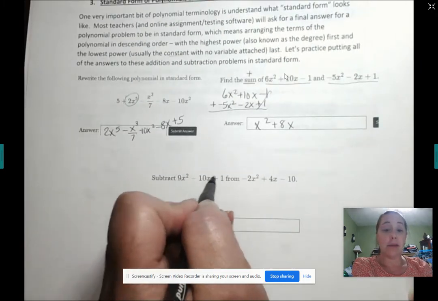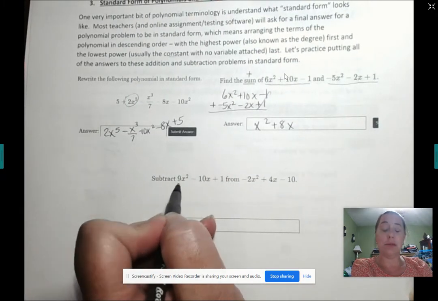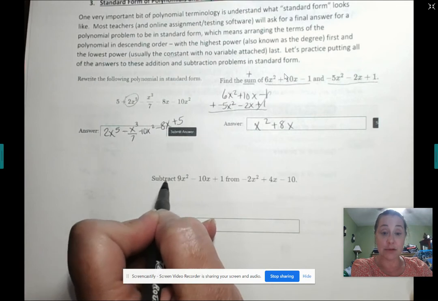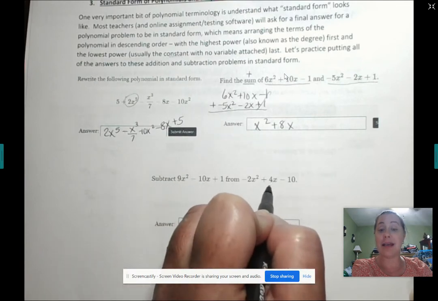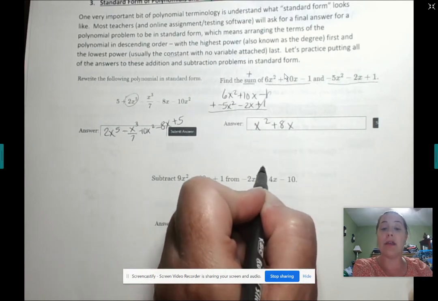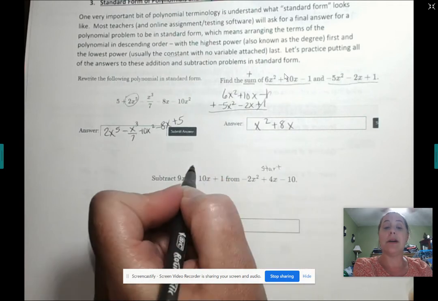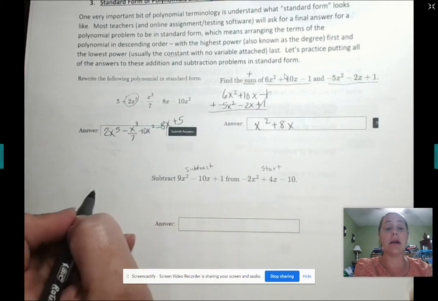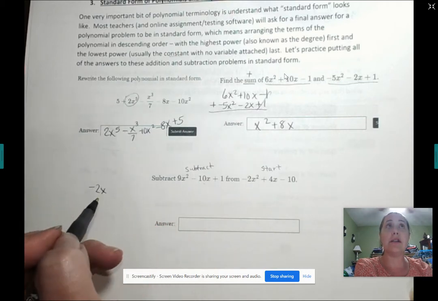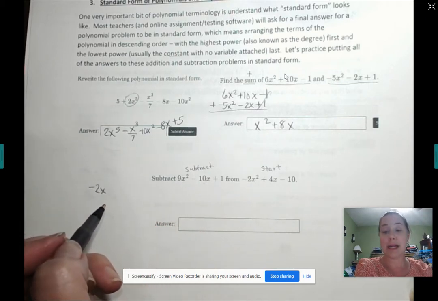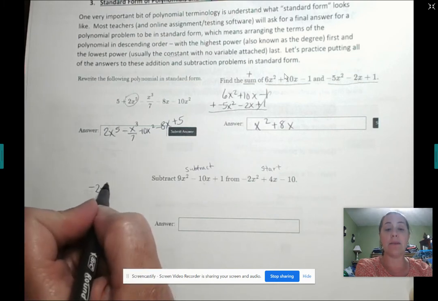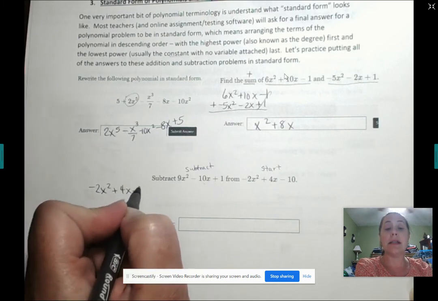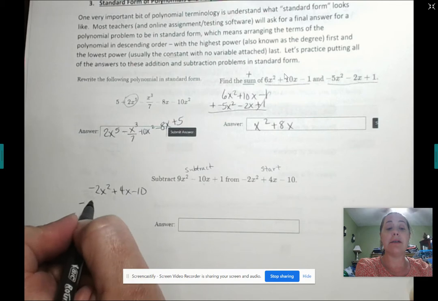Subtraction, sometimes it'll already be written as a subtraction problem. This one's more verbal, so you have to read it. It says subtract this from this. That means this is what we are starting with, and this is what we are subtracting away from it. So make sure you read that carefully. We're starting with this. If I say subtract 2 from 10, I'm not saying 2 minus 10, I'm saying 10 minus 2. So I'm going to write this, and I am subtracting from it